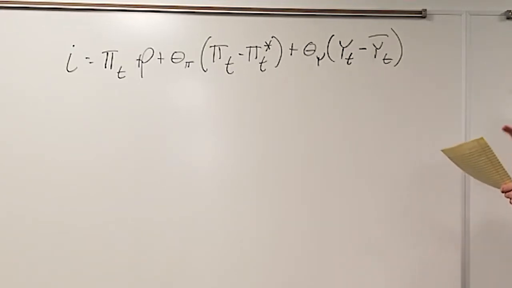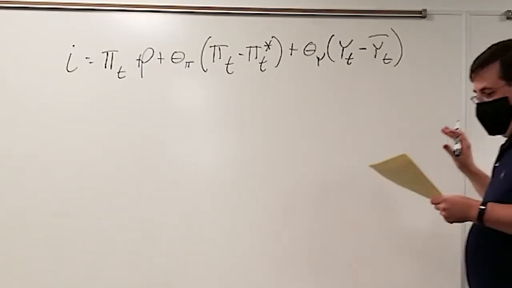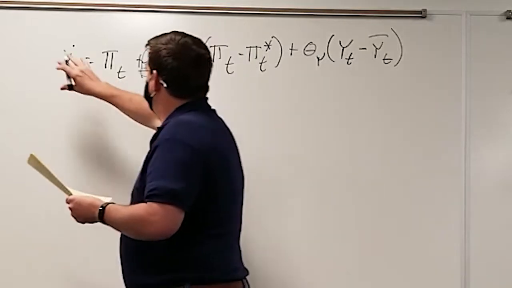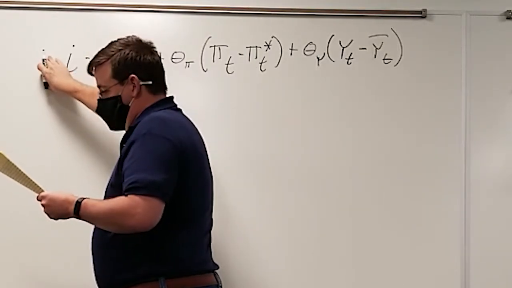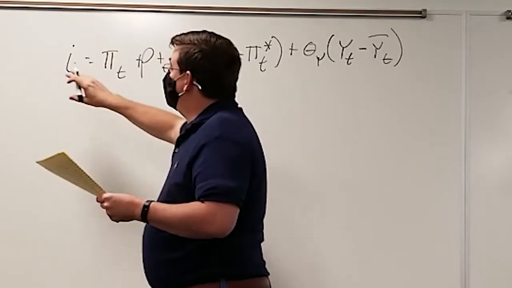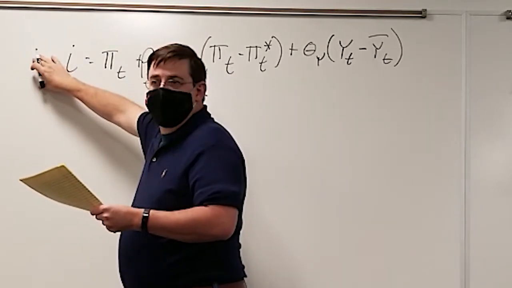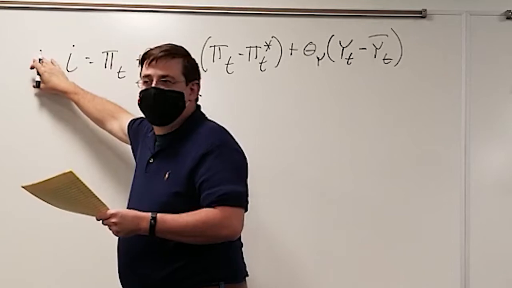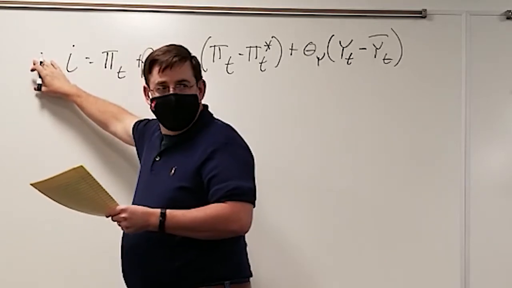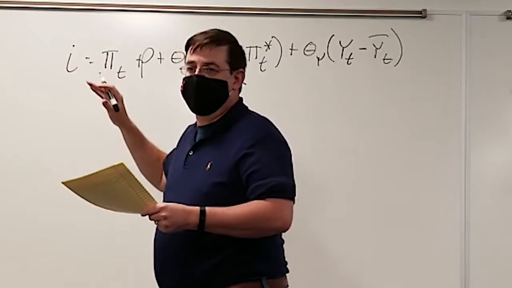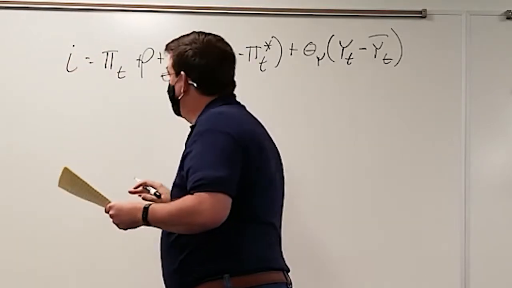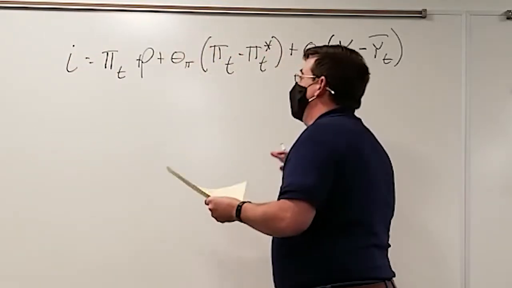Now, what this equation is trying to identify is how to get to a nominal interest rate, which is the policy that the Federal Reserve is targeting. You read about it in the news. The Fed is targeting a blah, blah, blah interest rate. What's in that? Well, an awful lot of stuff. First of all,